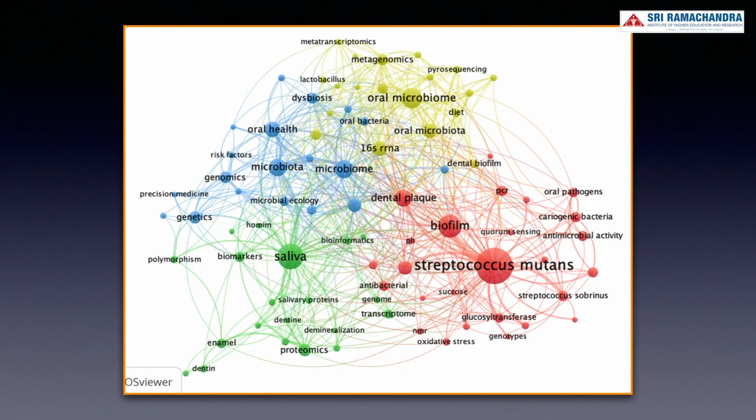This heat map is generated based on a bunch of keywords to illustrate the focus of cariology research in the last few years. Streptococcus mutans obviously has been the center given its key pathogenic status. However, with the advent of proteomics, metagenomics, and a range of other approaches, it is becoming apparent that there are other players, and I hope that in the near future we get a better understanding with these approaches to help develop suitable, appropriate preventive approaches to combat this global disease.